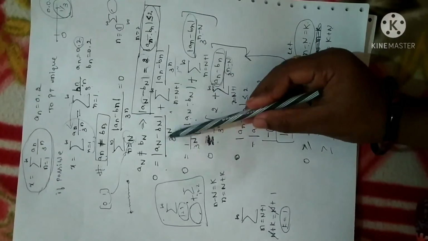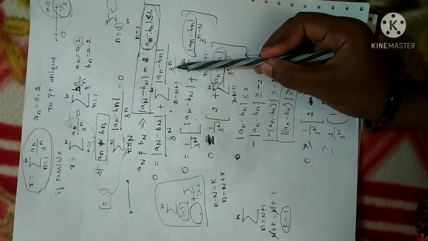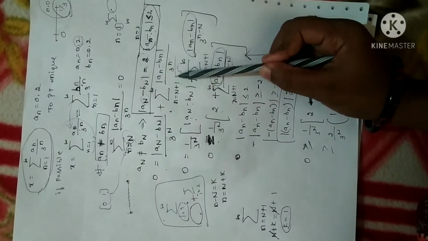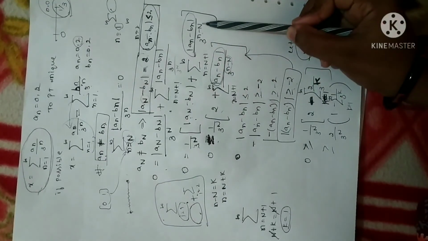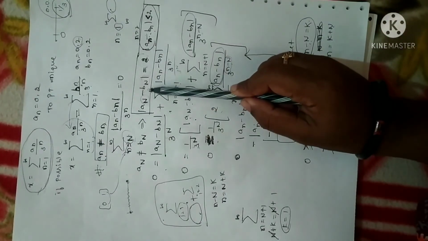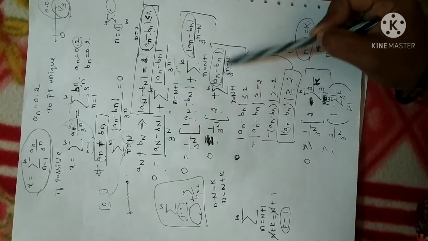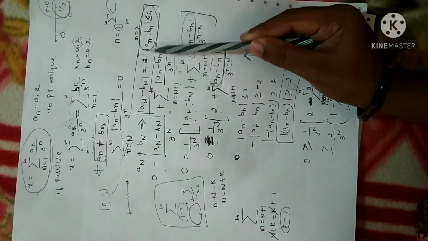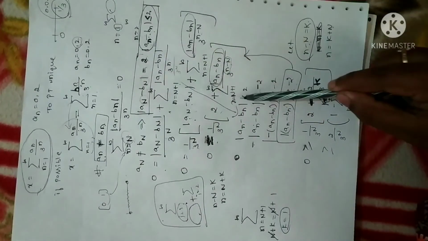Fine. Now what I did is, I have taken 1 by 3 power of capital N common. Since you don't have 3 power of n as capital N here, I have to divide it by 3 power of capital N. So when you shift it, you will get 3 power of small n minus capital N. Clear? Now I have used this expression, an minus bn is 2. I have substituted here. Till now I have not used any concept here. I am just going to manipulate this expression.